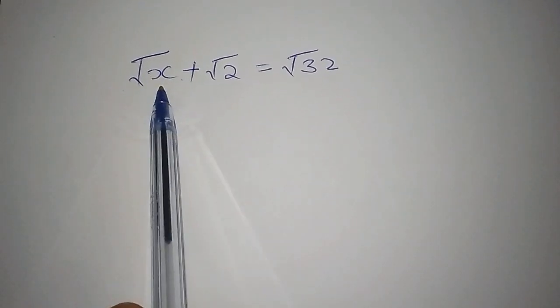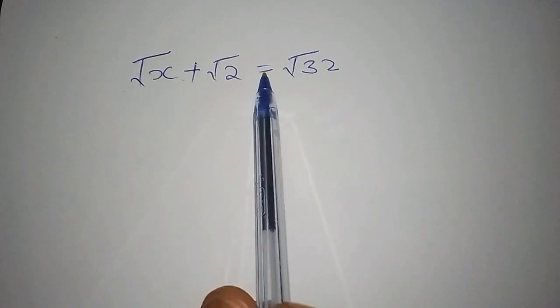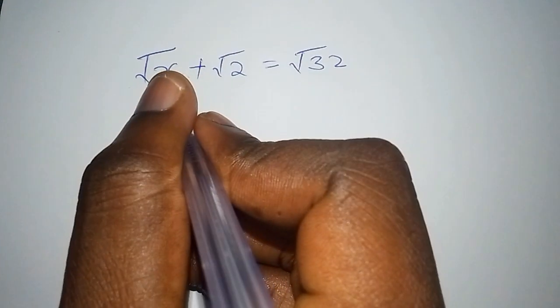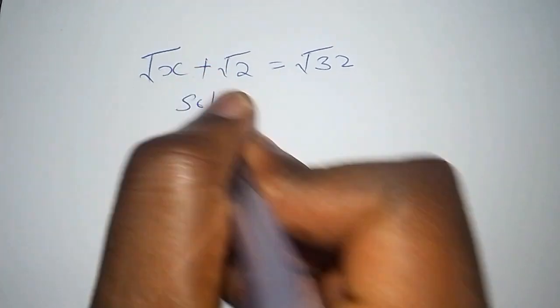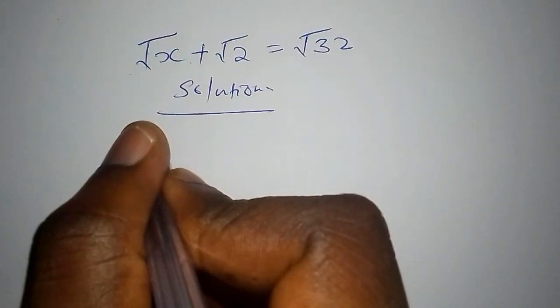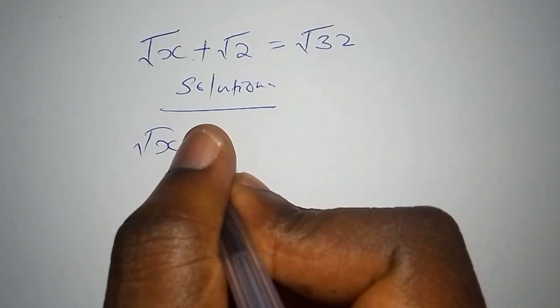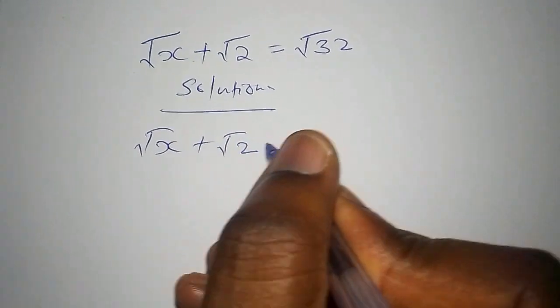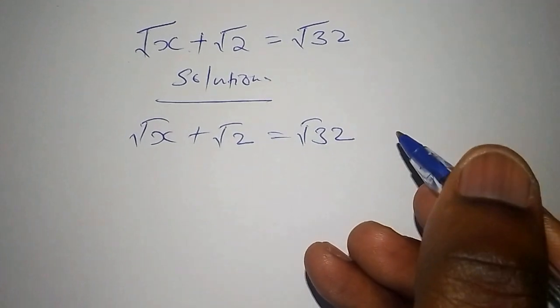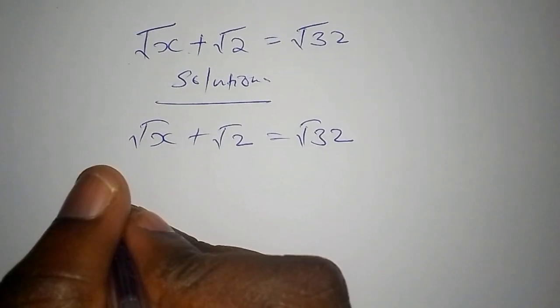So we have root x add to root 2 is equals to root 32. The first step that you're going to do, we're going to start with the solution first. So under solution, we have the equation, root x add to root 2 is equals to root 32. So the first thing that you need to do, we're going to work out this problem